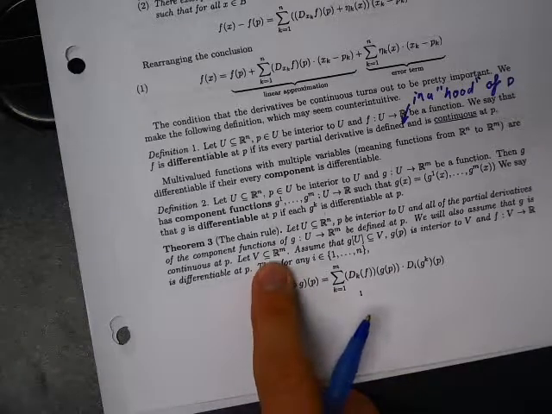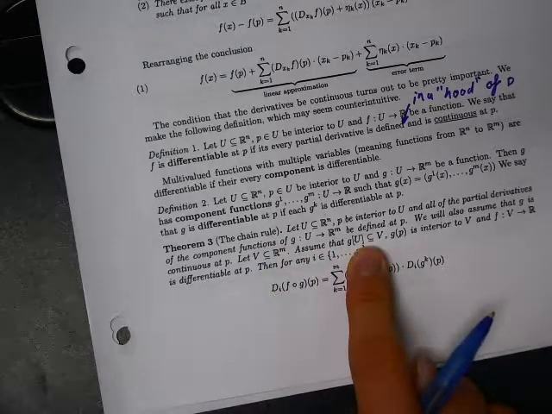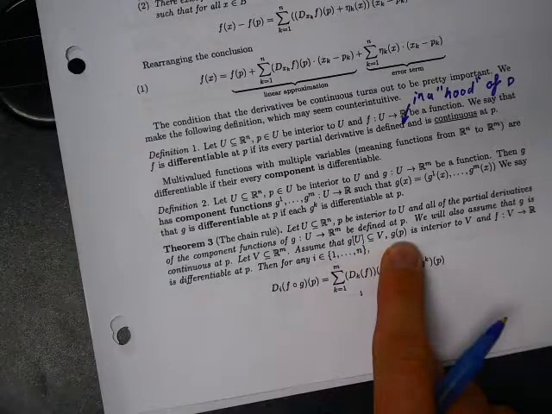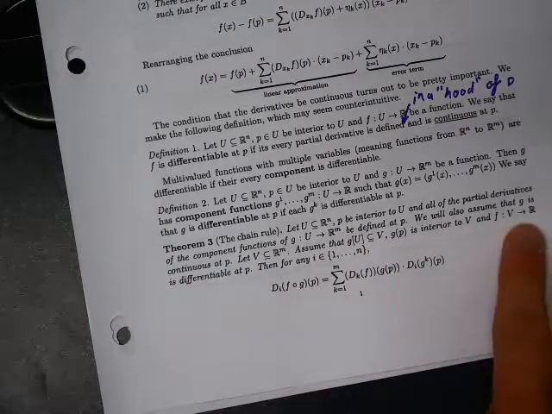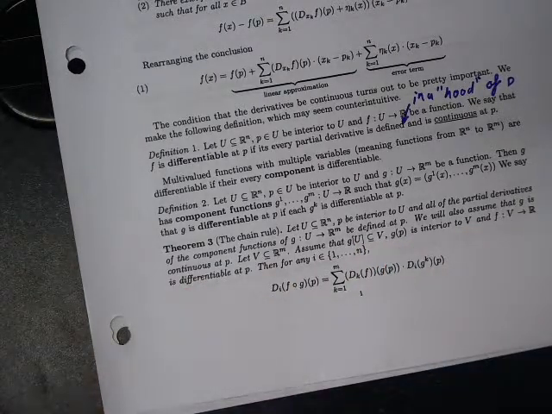Let V be a subset of R^m. Assume that the image of G is contained in V, G of P is interior to V, and F from V to R is differentiable at P. So the full hypothesis of differentiability, I'll need that for F. Then